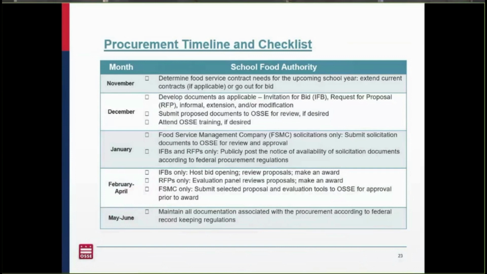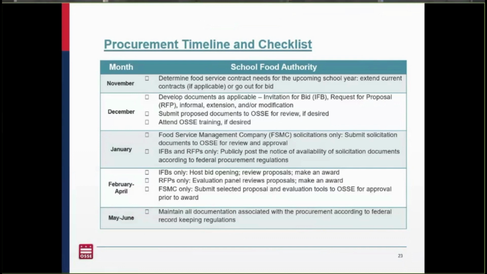Before we dig into the details of each month, I want to acknowledge the months that we have on here and the earliness of the timeline. While we aren't following it this year, obviously, as we're starting in November, what we are recommending is that moving forward, folks begin thinking about procurement way earlier in the school year. We're asking that for a couple reasons. So one, we want to make sure that everybody is thinking about procurement